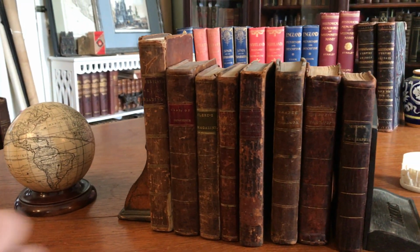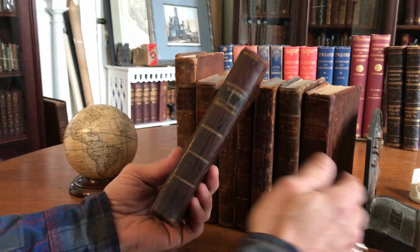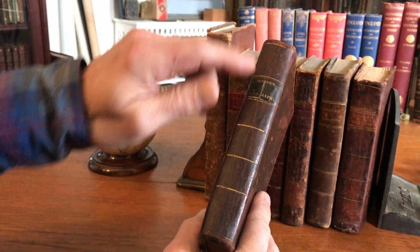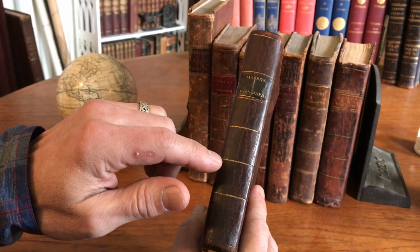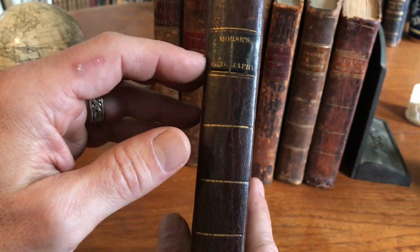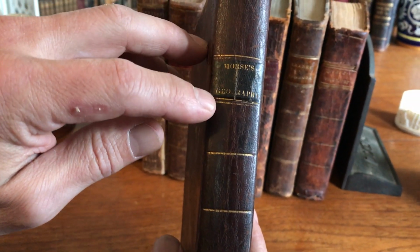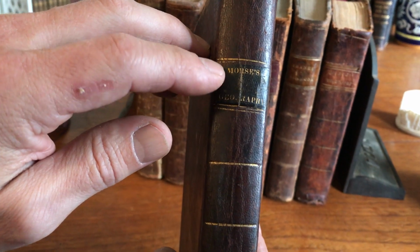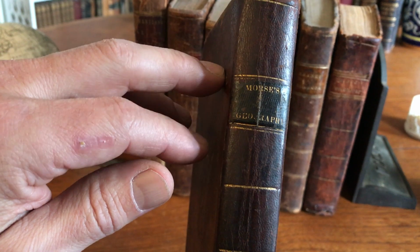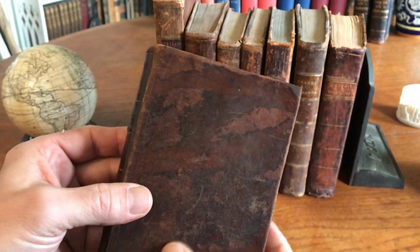We're looking now at an early 19th century American leather binding. It's very well preserved. You notice the smooth spine is typical of the era with the simple gilt rules and the contrasting gilt title label. And you'll notice here that the lettering is often somewhat uneven and amateurish looking, which is very typical for bindings of this vintage. The leather is